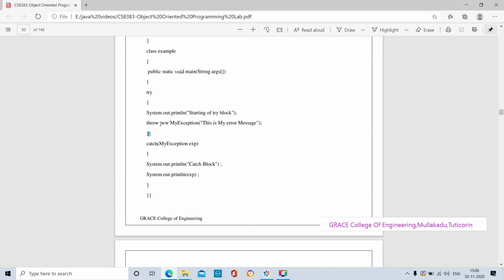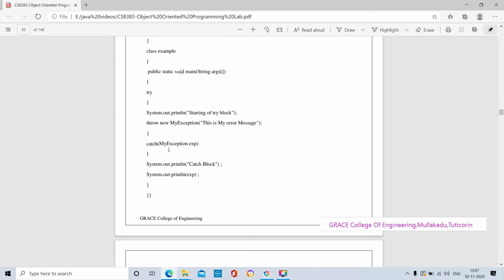Next, if any exceptions are available in the try block statements, it will catch the error. It will show the error to the user by using the keyword throw. By using the keyword throw, it will throw the particular error to the catch block.